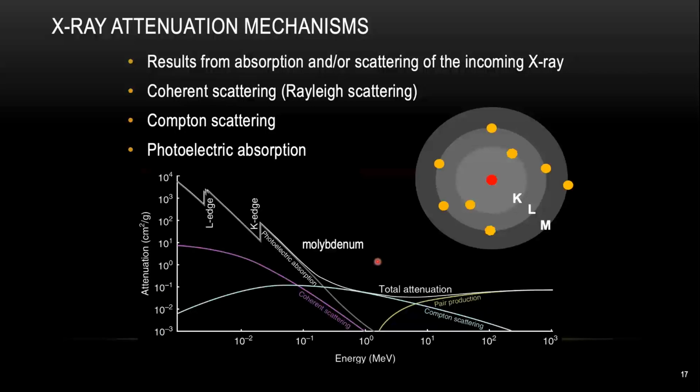Depending on your X-ray energy, if your X-ray energy is low, usually below ionization energy, you're going to see mostly some kind of coherent scattering. What is coherent scattering? I'm using some kind of atomic model right here. The X-ray beam comes into your atom and scatters out. So the energy scattering out is almost identical to the energy going in.